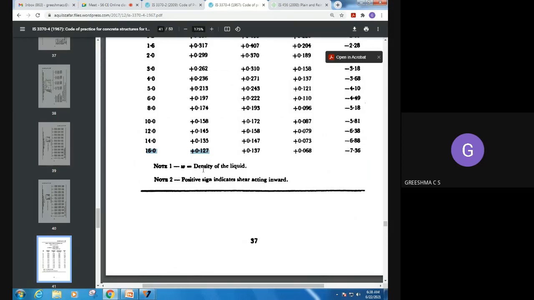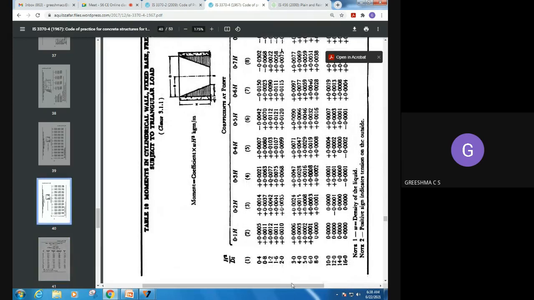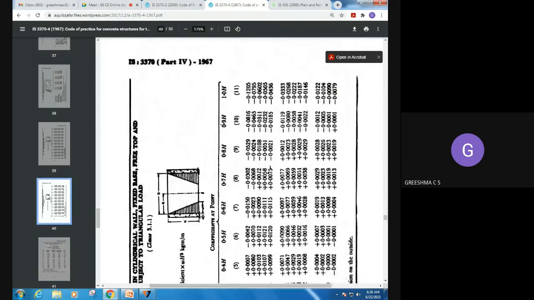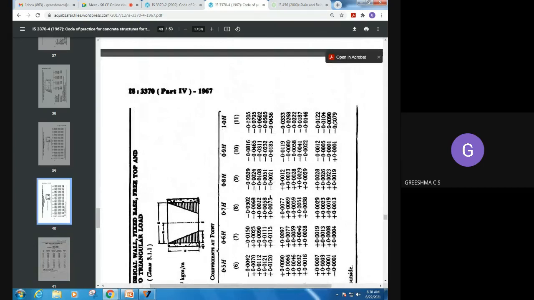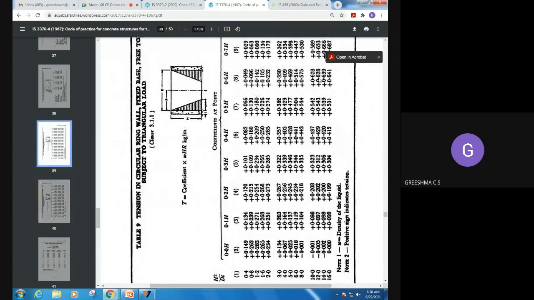Okay, so that is tables 9, 10 and 11. From table 9 you will get the maximum tension coefficient, from table 10 the maximum moment coefficient, and from table 11 the maximum shear force coefficient. So how do you find the moment coefficient? Take the corresponding h square by dt at the bottom, at total h. You have to find the value coming at the bottom. Here, see where you are getting the maximum value, and choose that value. That will be approximately between 0.6h and 0.7h most probably.